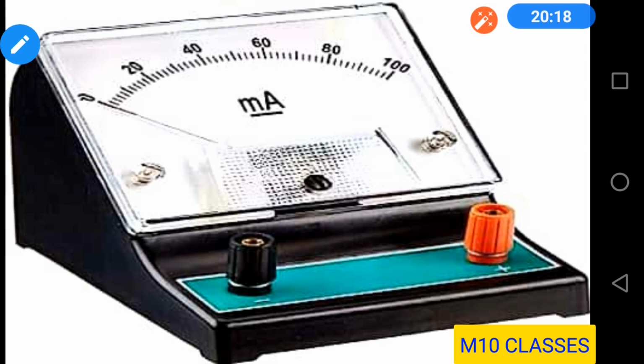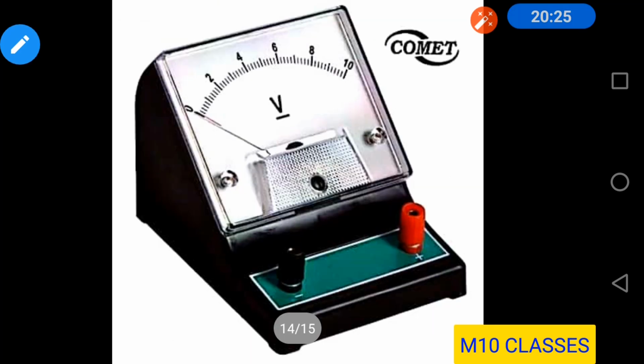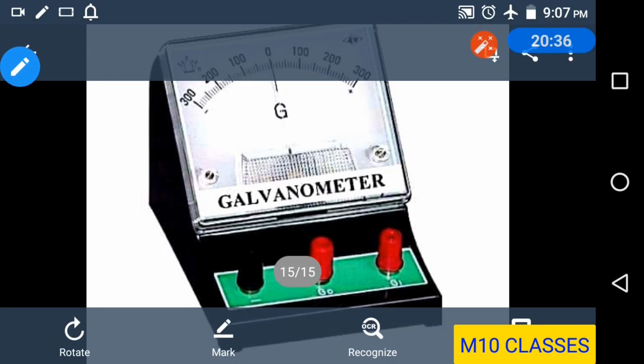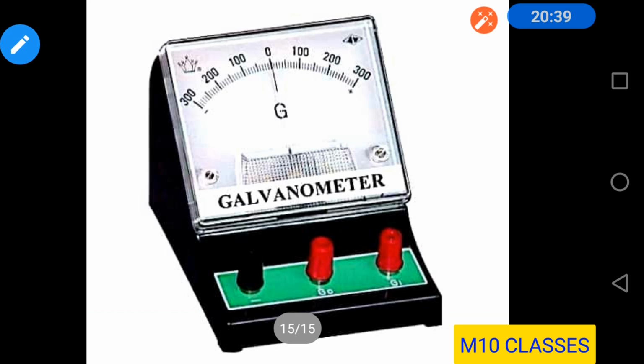You can also see it in the laboratories, and these are not practically used, they are only for laboratory setups. Now again, here is a voltmeter, so it measures from 0 volt to 10 volts. Next comes the galvanometer. Now see here, in the ammeter and voltmeter the indication starts from 0, but here you have indication 0 at the center, and the other indications, that is 0 to 300, on both the left and right hand side. Why is it so?